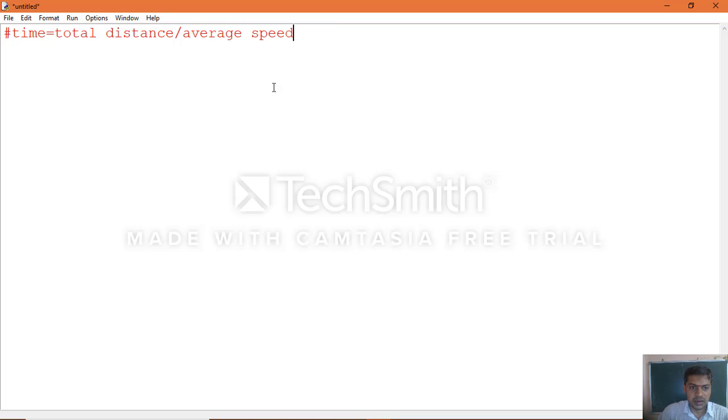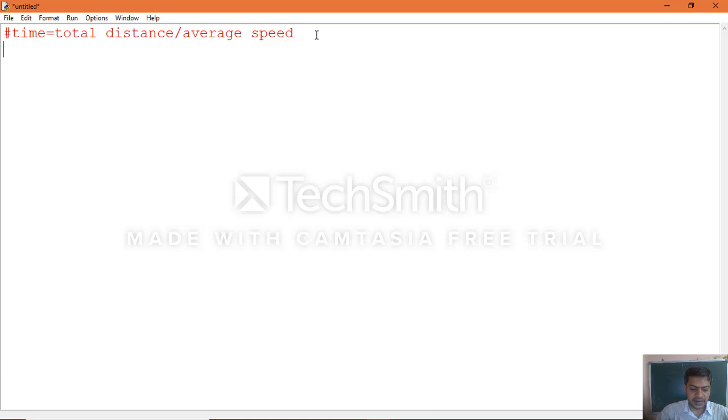Here the total distance is given, but the average speed is not specified, so we can give the average speed as input. Based on that, the total time taken to travel 450 kilometers will be calculated.